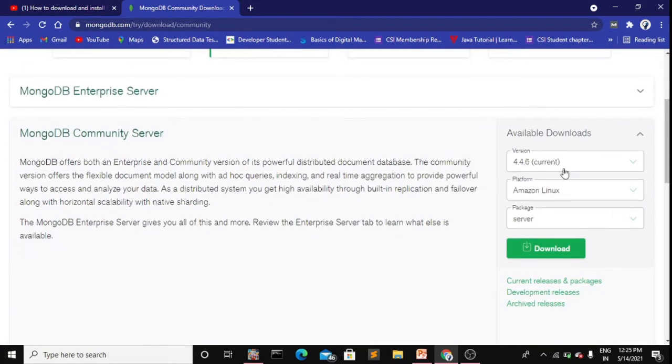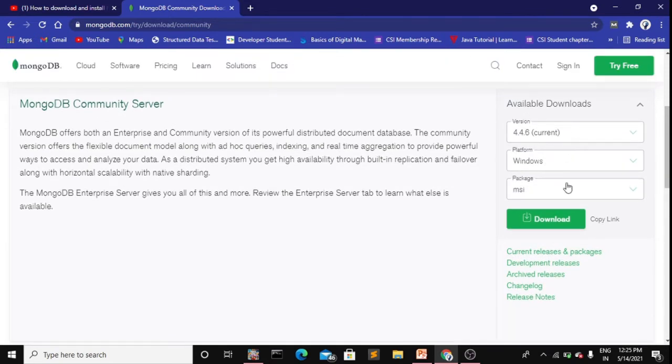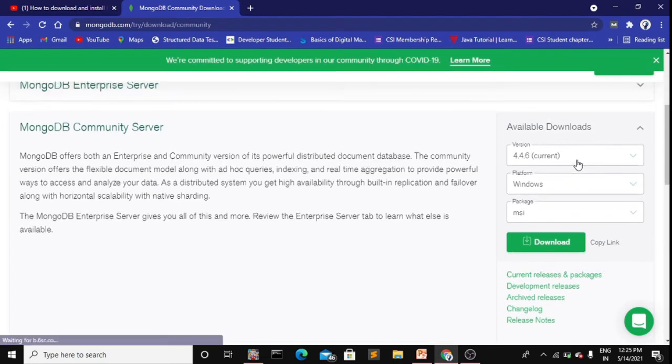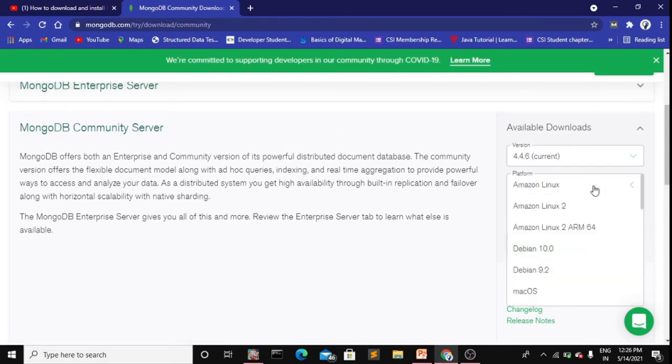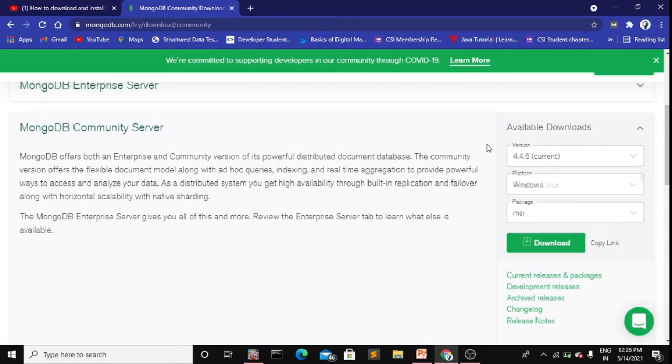Now you will find the download file here. It will automatically recognize your operating system. If not, you can change the operating system, like Linux or Windows, and the version of MongoDB. Mine is Windows, so this platform identifies my operating system as Windows and shows the MSI file for it. I simply click on download.